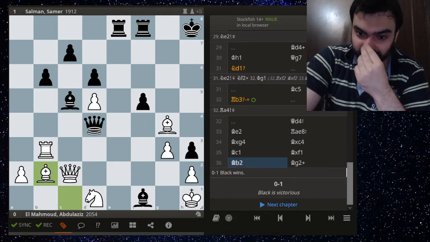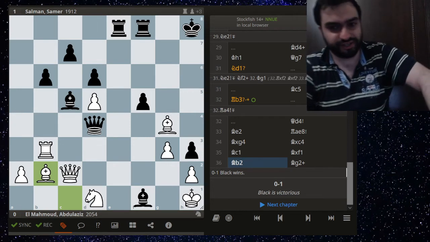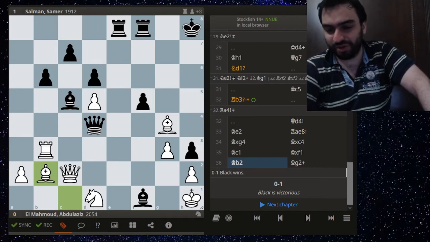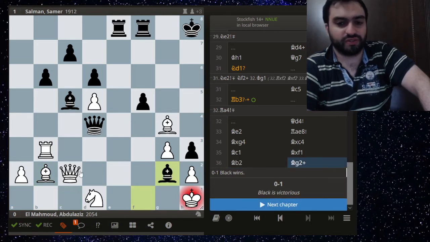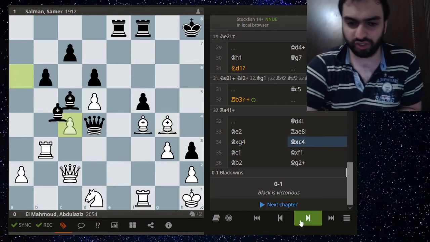Yeah, okay. I mean, analyzing some of these games 2-3 days ago, I realized that when I do the video, I completely forget the point, like the essence behind the game, right? Of course, it's pinned. But here after bishop g2 check, this is game over because of this. So actually, a nice piece of calculation